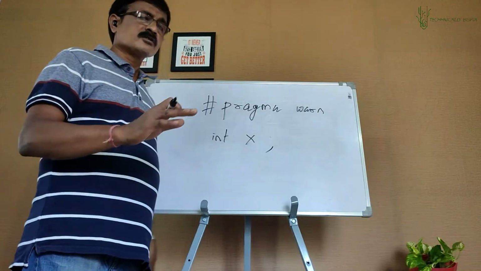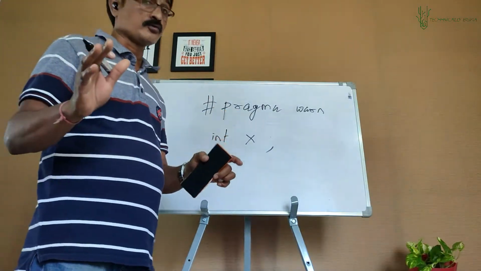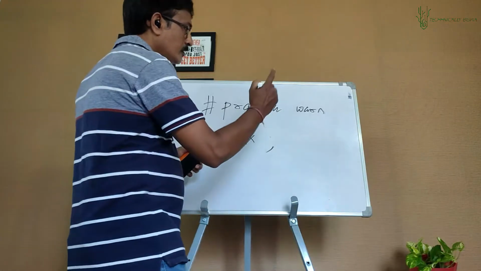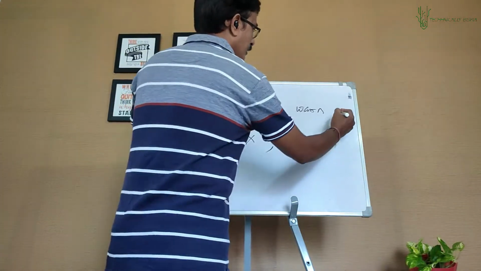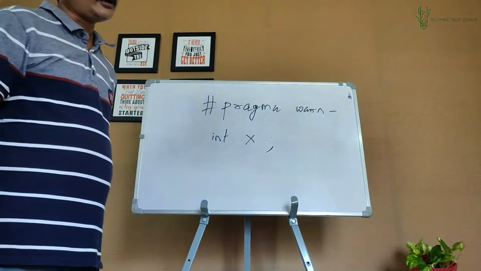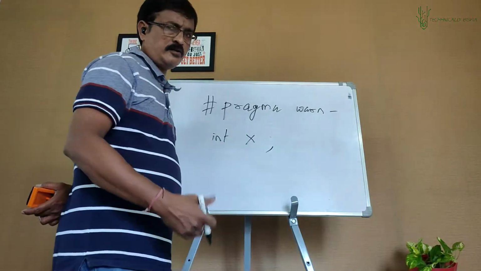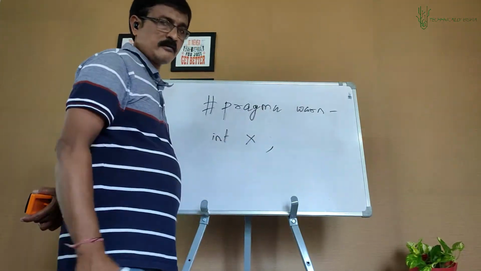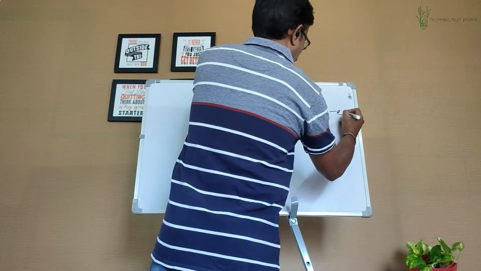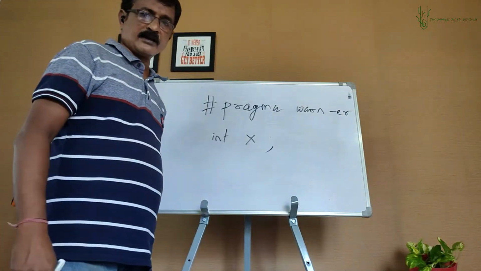I want to shrug off all these warnings. I want to hide them. I don't want to show those warnings. What can I do? Simple. With warn, that particular warning with a minus option or plus option, you can either turn it off or turn it on. Normally it is turned on. You want to turn it off, go for a minus. Minus something like, suppose say, rvl. That is for a particular warning message.